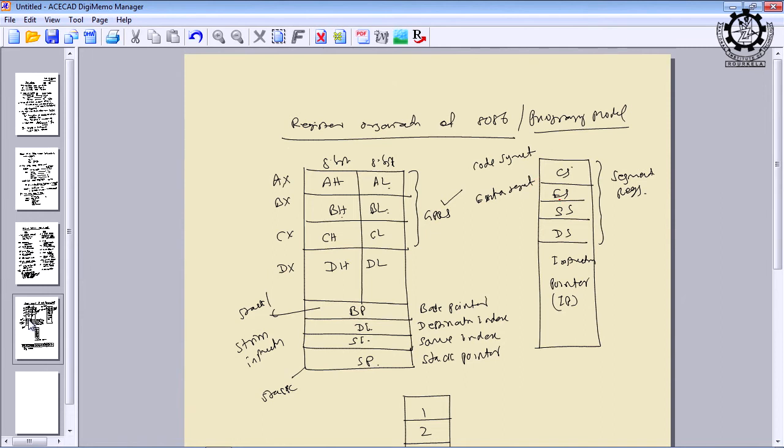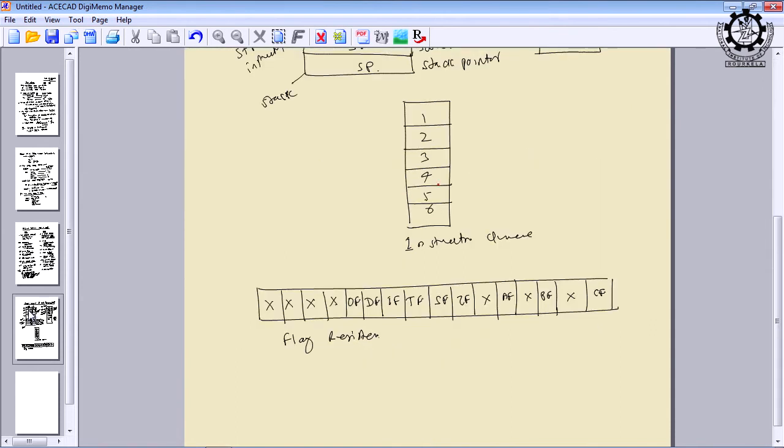So, whenever the data segment area is completed, we can take the help of ES, extra segment, and SS stands for stack segment register and DS stands for data segment register. Okay. And IP is the instruction pointer, it is similar to PC in 8085. Whatever function we have defined for the program counter of 8085, it will serve the same function in 8086. Then instruction queue, as I told you, there is a special register called instruction queue, which is a 6 byte